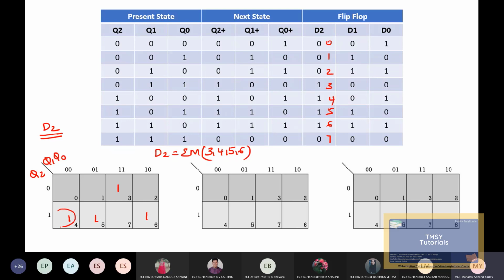After this, do the grouping. So this is one group, this is second group, and this is individual. Tell me the answers for D2. Do the K-map and tell me the answer. How much you got?